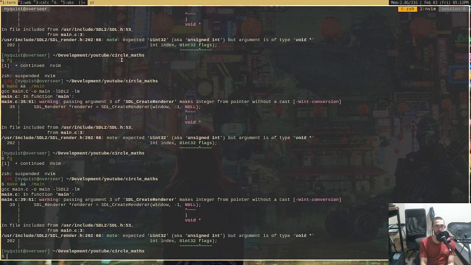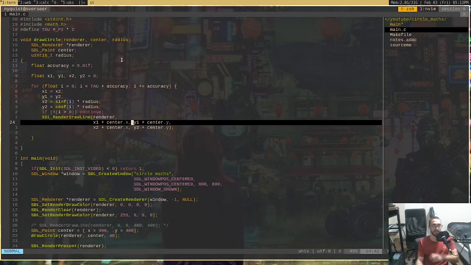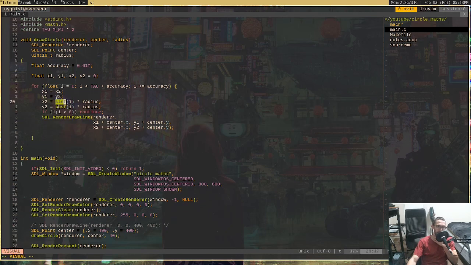And there we go. That drew a circle. Boom. So this is addressing what we just talked about, right? So we have sine for the x, and I explained why that is, and cosine for the y, right? And then I set x1 to the previous x,